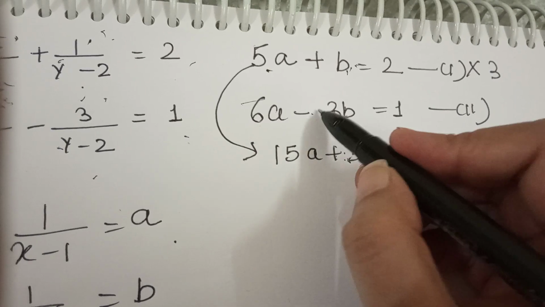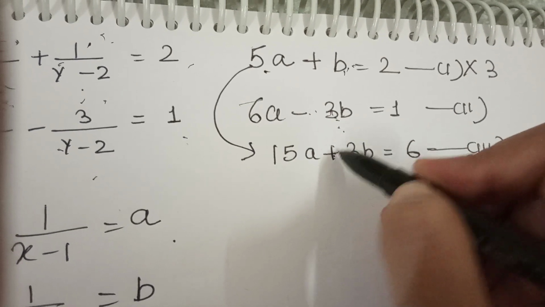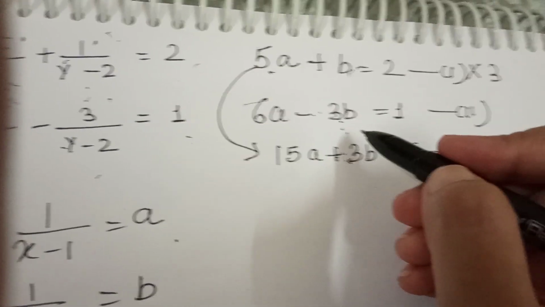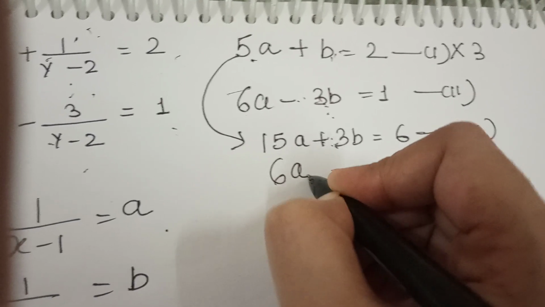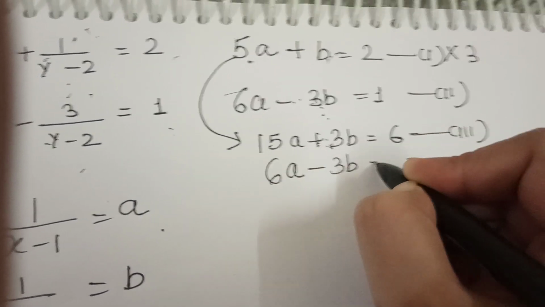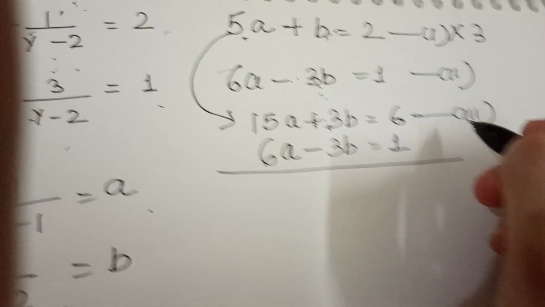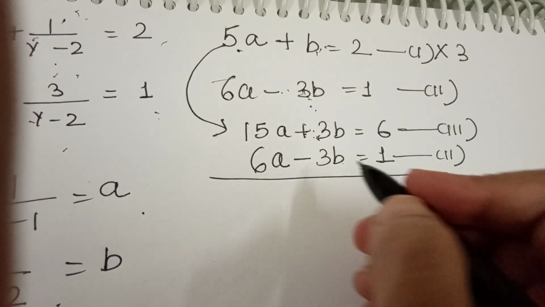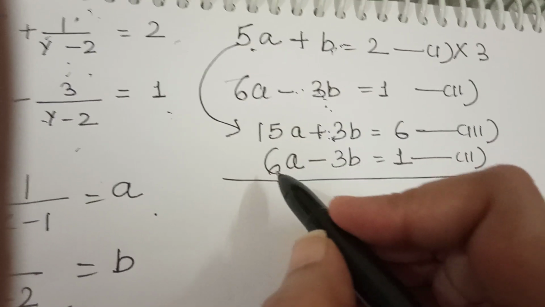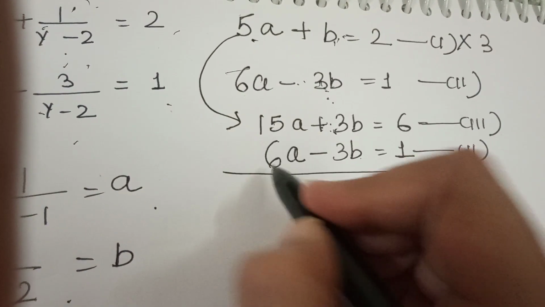That variable, you can see the signs of that variable are different, plus minus. So we will add the equations. अगर हम subtract करेंगे फिर sign change हो जाएगा, फिर same हो जाएगा, तो उससे कुछ नहीं होगा. So it will be 6a minus 3b equal to 1. We will add the equations. You please write this line, that you are subtracting the equations or adding the equations. We are adding the equations. If we are adding the equations, no need to change the sign also. So 15 plus 6